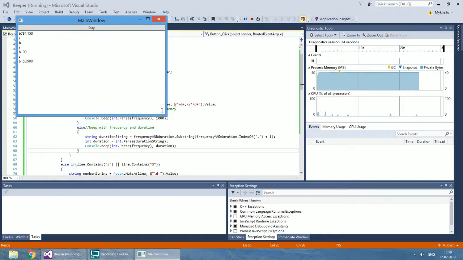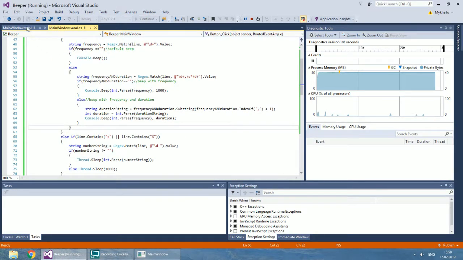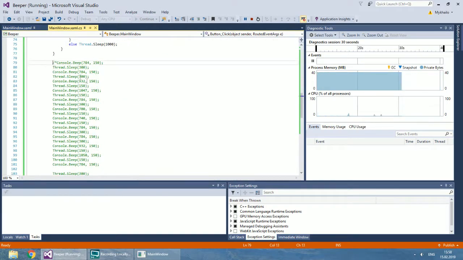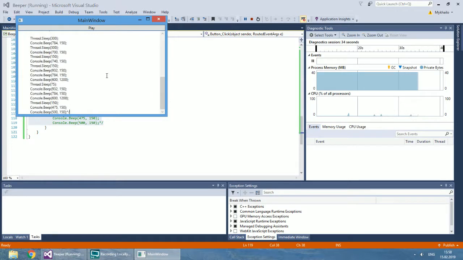Unlike XAML, if you paste the melody from Mission Impossible in the text box while the program is running, it will play as if it was hard-coded in C#.